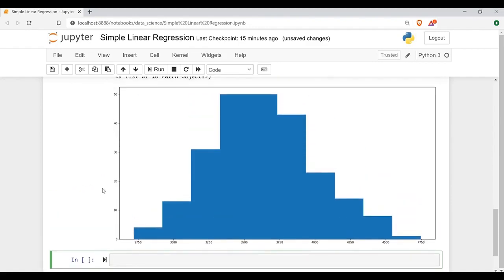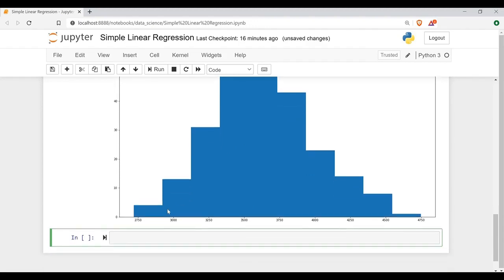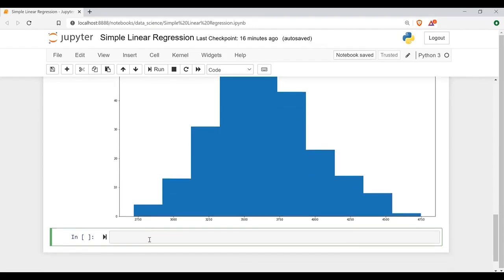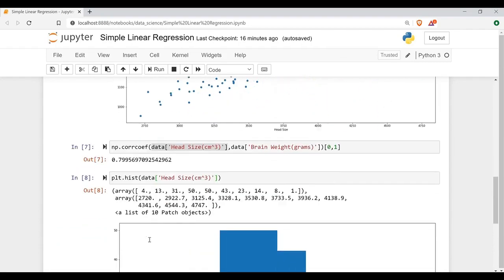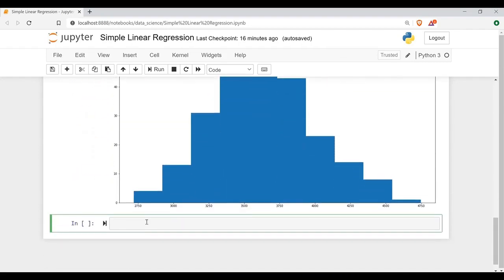And we can see here the head size ranges from 2750 to somewhere around 4750. So this is the range. And we see most of the head size is somewhere around 3500. To find out more details about this, we can also describe this data. So I'll just use this describe